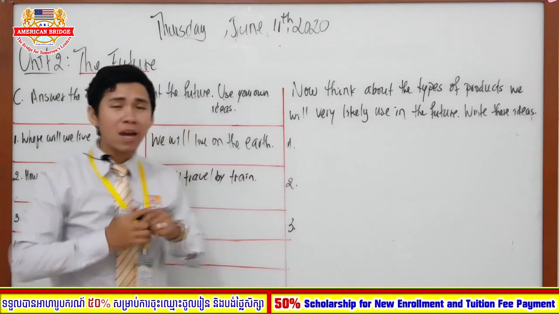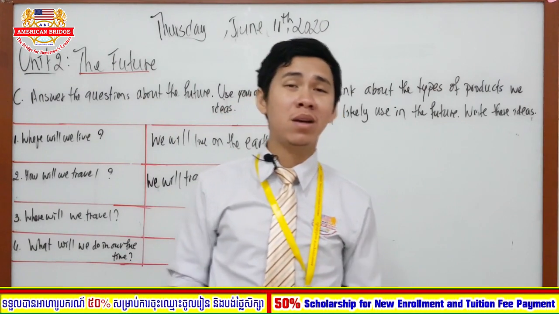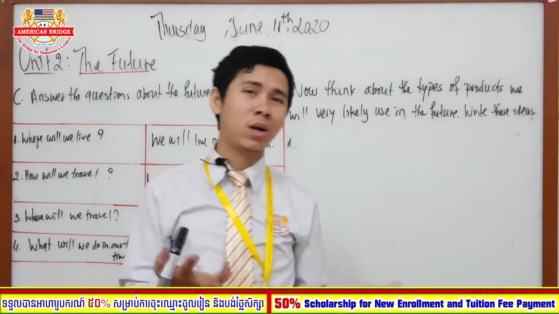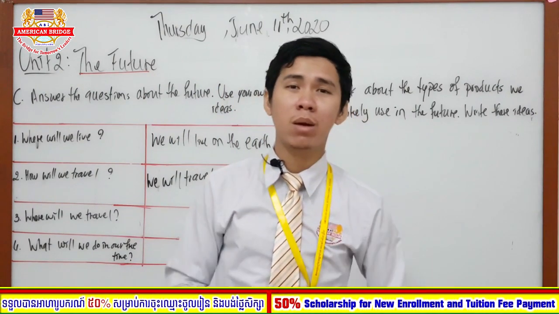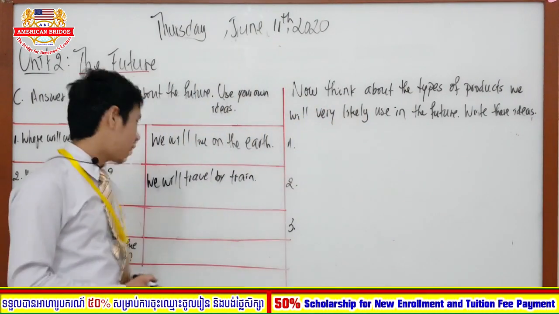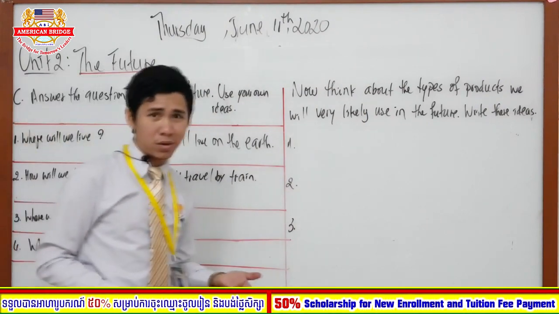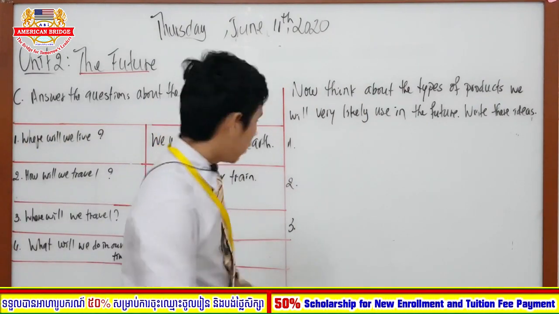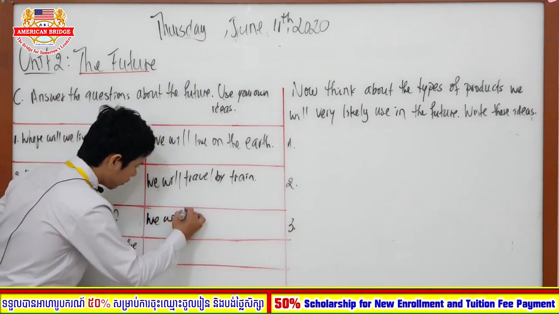Okay, so there can be many answers that you can give me, like we will travel by bus, we will travel by train, we will travel by car, we will travel by motorbike, or we will travel by bicycle, right? Okay, the third question is: where will we travel? So where will we travel? Okay, right. So the answer can be we will